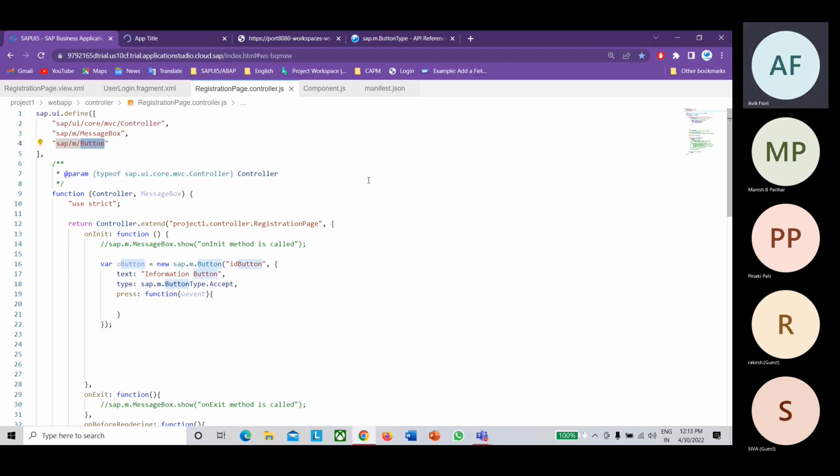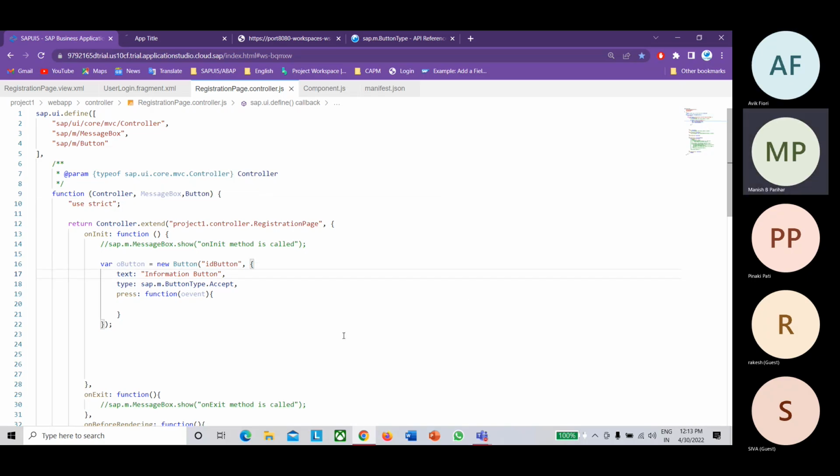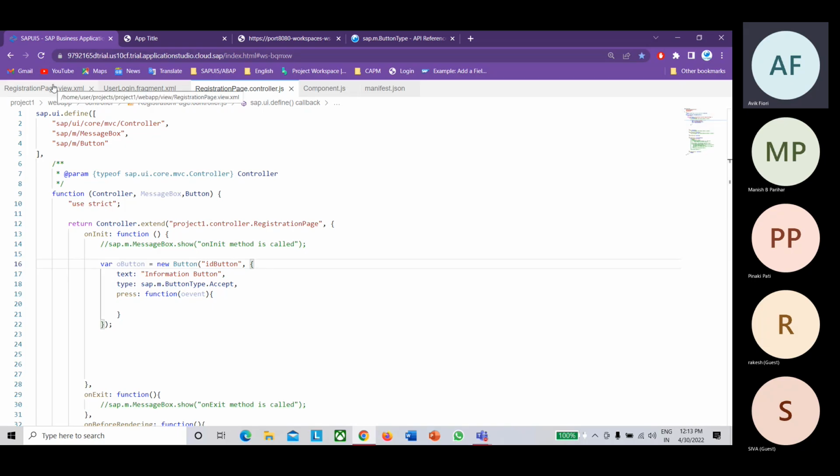And then you need to provide this button to the controller. And then you can just remove this sap.m and you can write like this. But it is not that much handy, right? For sure, for every control, you need to declare that. So it's better, that means what SAP says, if you want to design the page, maximum you try, try your best to design entirely from the XML, from the view.